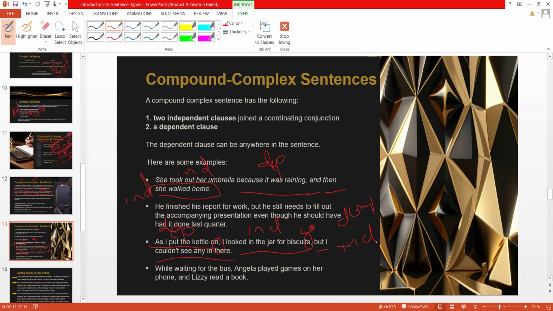And if you are able to handle these compound complex sentences, only then I would recommend. This is my personal recommendation, my personal opinion. There isn't any hard and fast rule that you should try to make these compound complex sentences. But again, that's my own recommendation that if you can handle it properly, only then go for compound complex sentences. Otherwise,